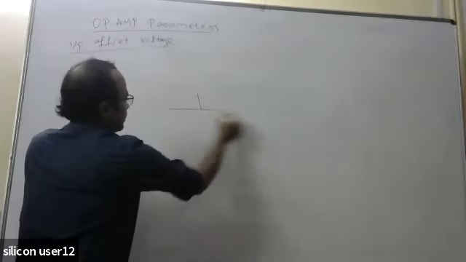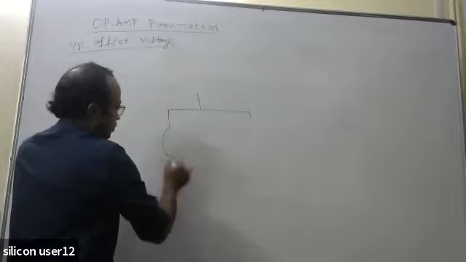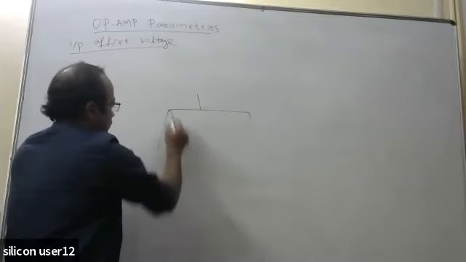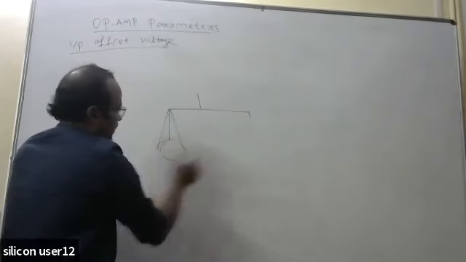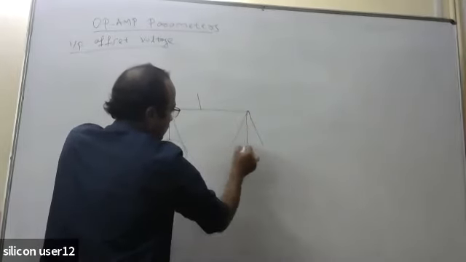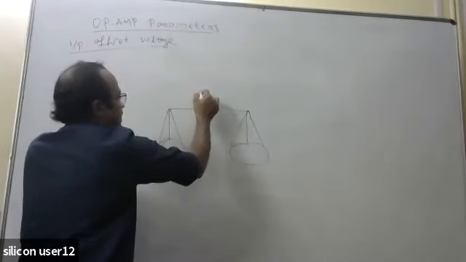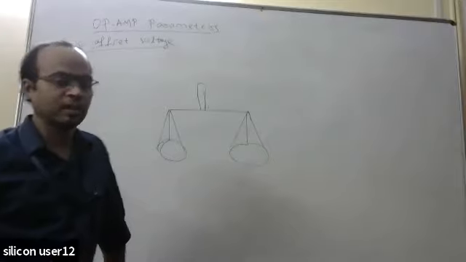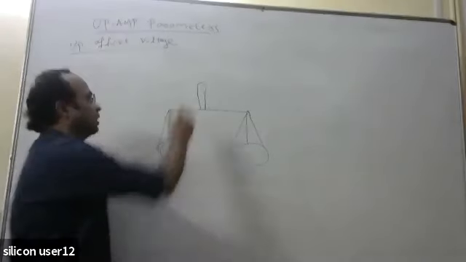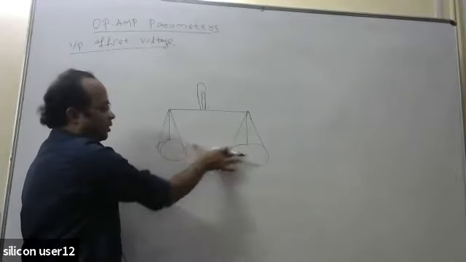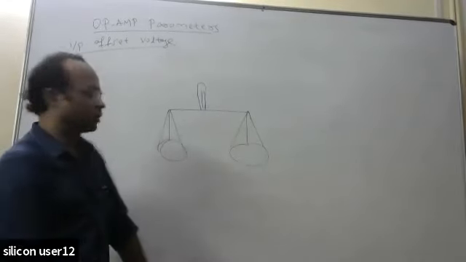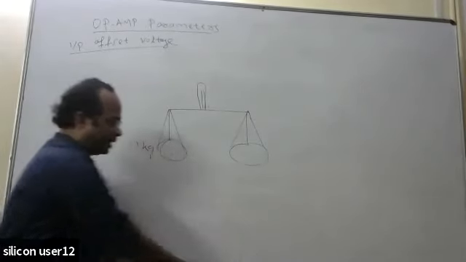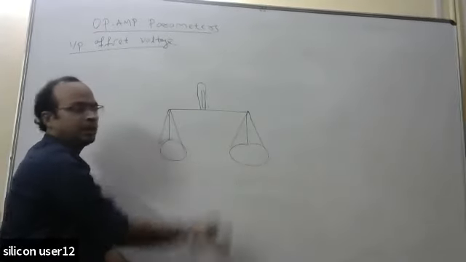This type of weighing machine, the normal weighing thing wherever you do the measuring of weights. Let us say this is one, just a weighing machine. Here, ideally, in the ideal position, both the pans should be at the same level. If you put a weight here, let us say 1 kg, then it will come down. Initially, both should be at an equal level.